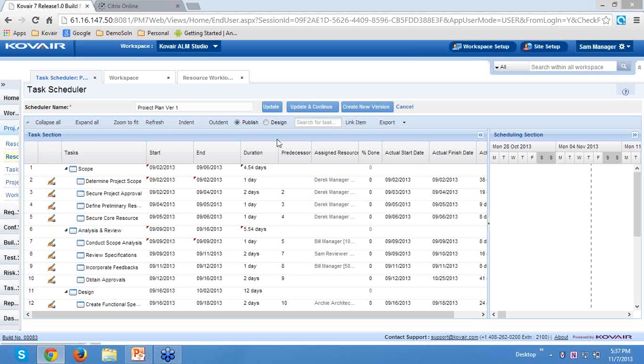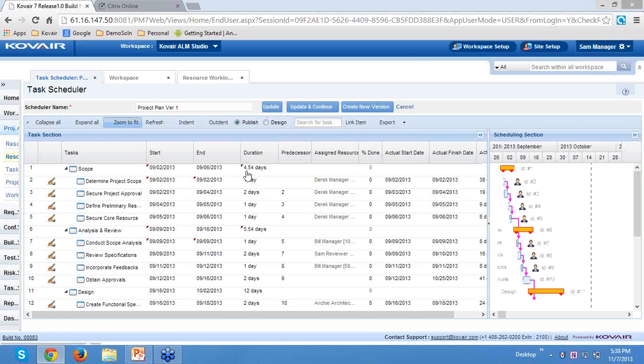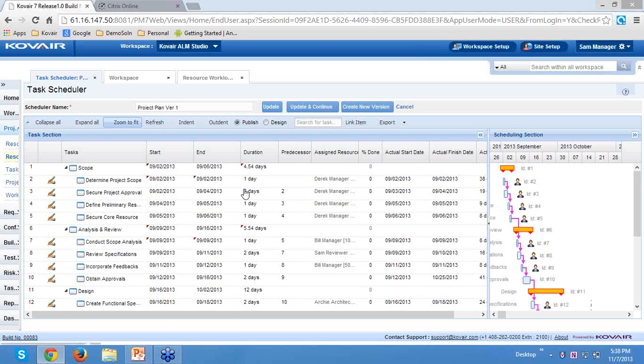When you think that your plan is completely done and approved by the corresponding stakeholders or managers, then you can click on the publish button. When you publish it, the plan actually gets published, and the corresponding tasks for the assigned resources get generated.